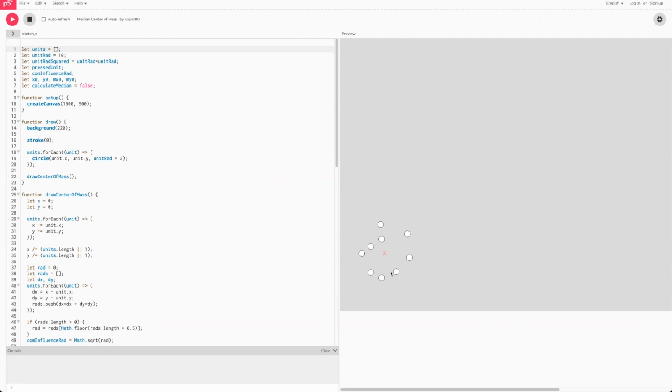Traditionally, the center of mass is calculated using the mean operation. That means you add together all these positions, x, y coordinates, and then you divide them by the number of units. Using the mean can make this center of mass jump too far whenever there is an anomaly in those value distributions. If I acquire a new unit here, you can see the center of mass jumps from here to there. That's a significant jump. If I add 2, it jumps further away, and the camera doesn't know which cluster of units to look at.